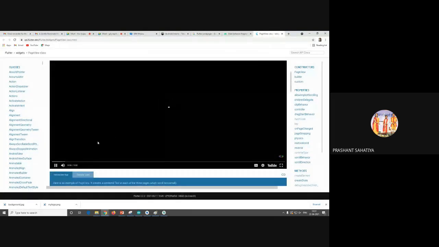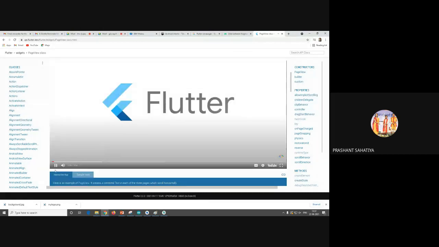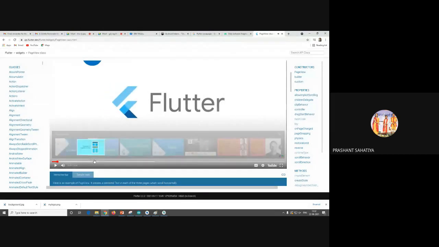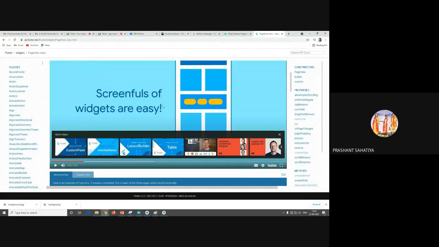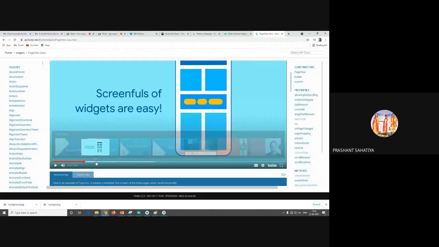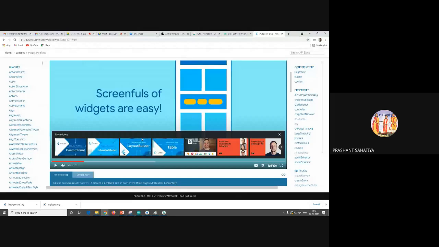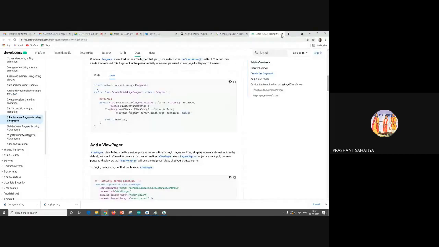Let me check whether it is the same video or not. See, you can move from one page to another page very easily, not with the help of Flutter only, you can do it in Android Studio also. This is not our video. I'll give that to you. तो मीडिया में मिल जाएगा, मैं आपको दे दूंगा. चलो.